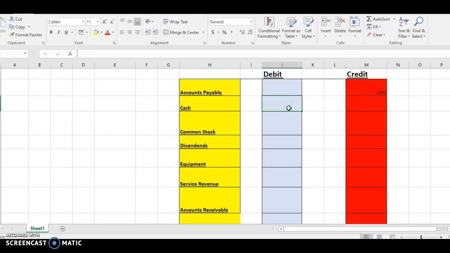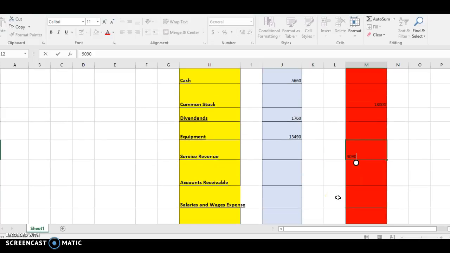In cash, we see it as a debit of $5,660, and our common stock, we see that it's a credit at $18,000, and then dividends, we see it is a debit at $1,760, and equipment, we see that it is a debit at $13,490, and service revenue, we see that it is a credit at $9,090,